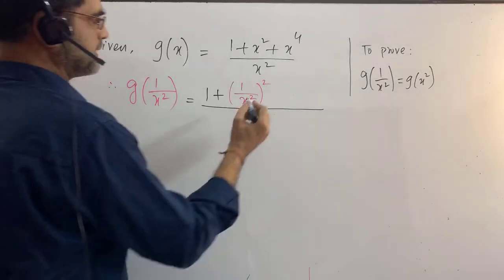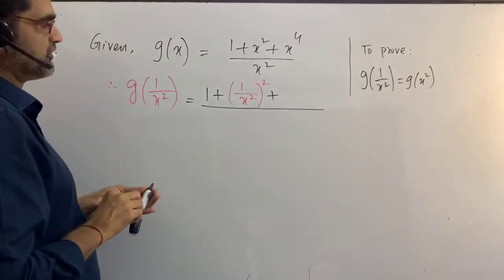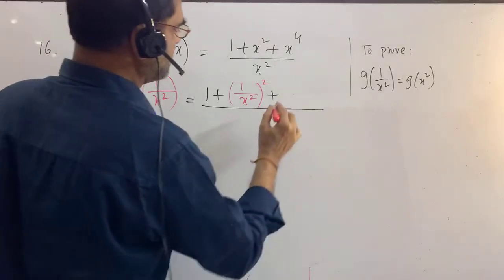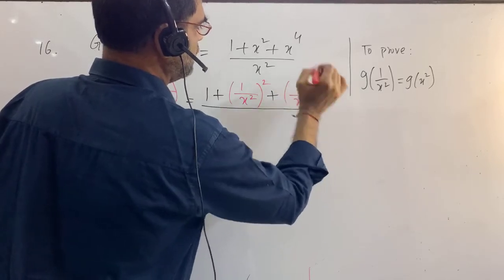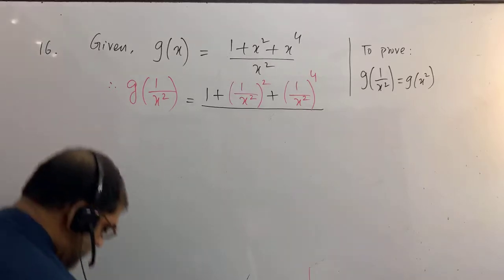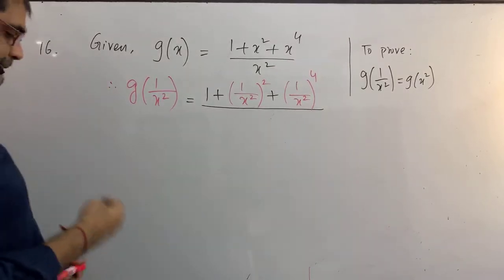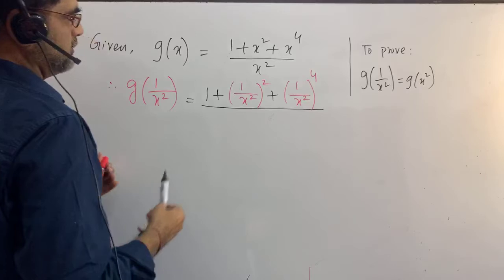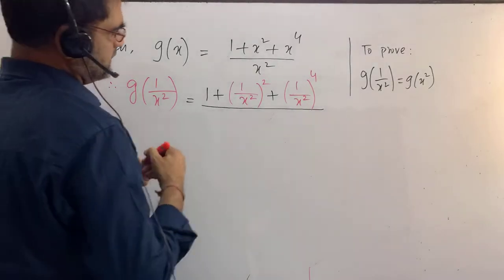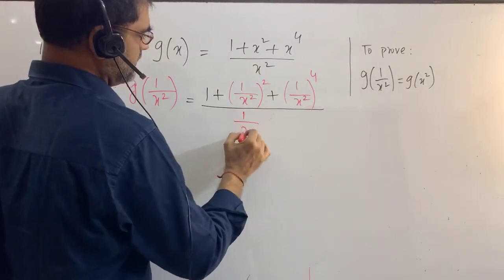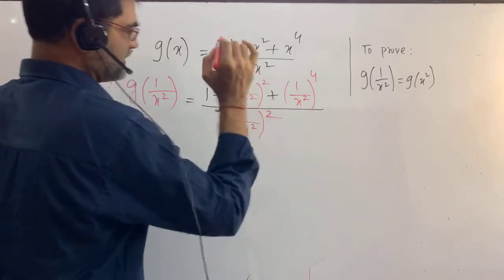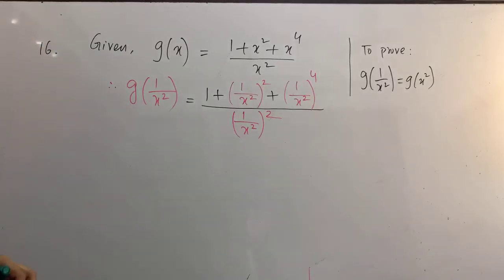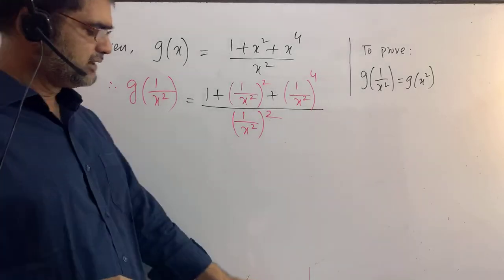Now you write down here, for x we are bound to write down here 1 by x square, and power is 4. Okay, in this way you again write down, it is x in the denominator, then we can write here 1 by x square. For x we are going to write down 1 by x square, right? Now we are left only with calculation, nothing else is left here.